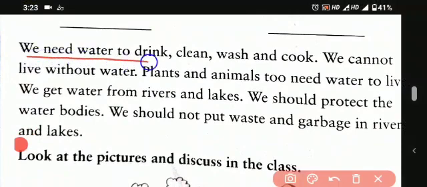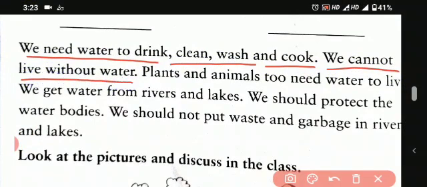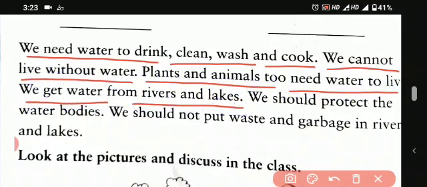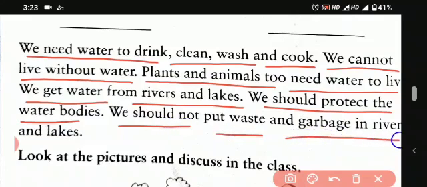We need water to drink, clean, wash and cook. We cannot live without water. Plants and animals too need water to live. We get water from rivers and lakes. We should protect the water bodies. We should not put waste and garbage in rivers and lakes.